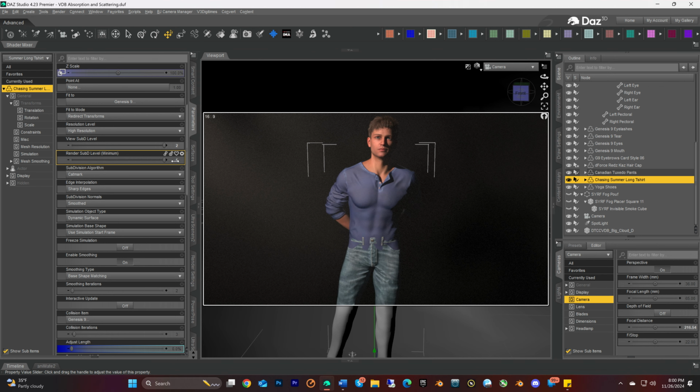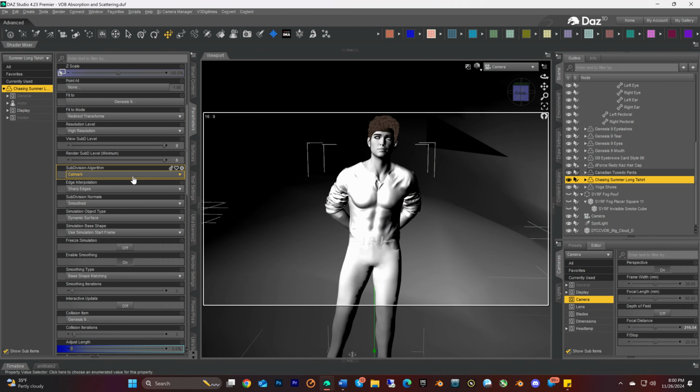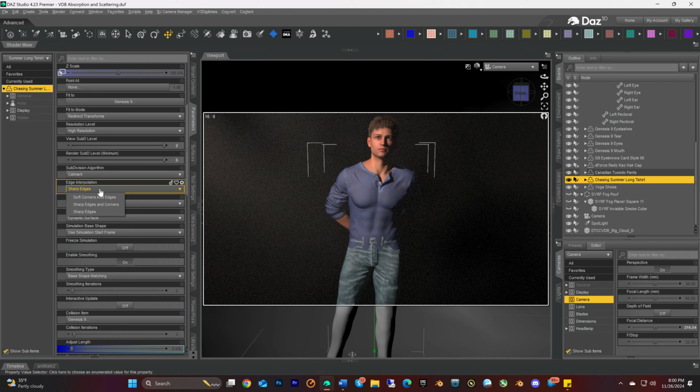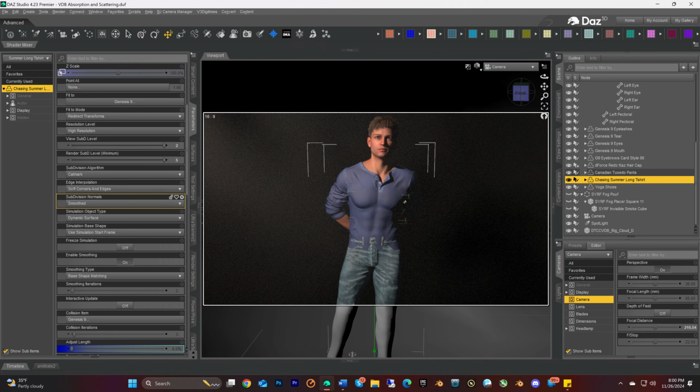What if we bring that up to 5? That didn't really help a lot. Sometimes if you switch these, it will change it, but that didn't really do that much. I think it made it worse. Okay, sharp edges. So it says smooth corners and edges. Okay, that kind of helped it a little bit, but that's about the best we're going to get with that